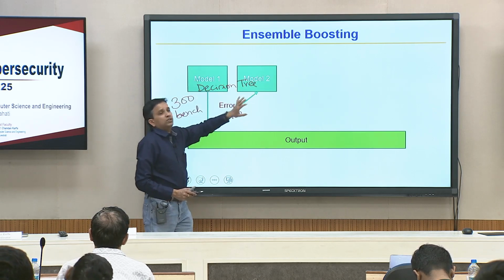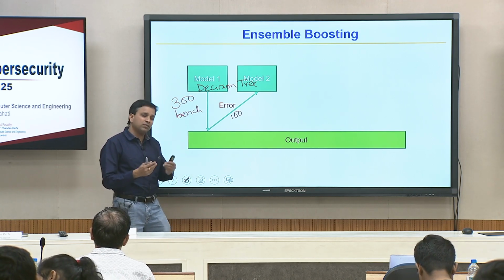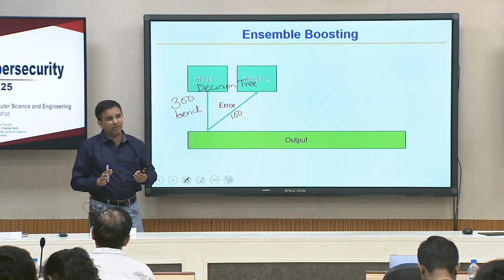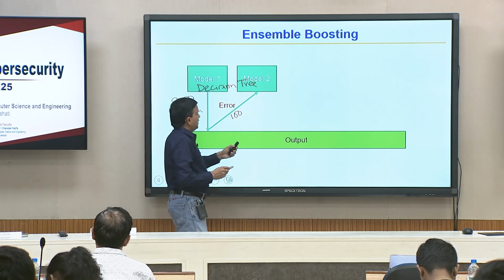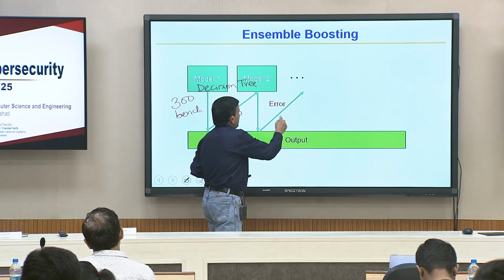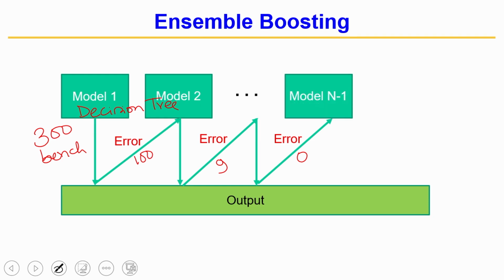So, model 2 is not more powerful than model 1. I want you to understand that. Model 2 is good at capturing the error of model 1, that is it. And it might still make mistakes, and let us say out of those 100 it probably did 90 of them correctly, maybe it is still left with, I do not know, just 9 of them that it made mistakes on, and it can continue until we basically have 0 left. That is the whole idea. Assumption is it would converge, otherwise Shapley. So, this is basically the idea of boosting, and then